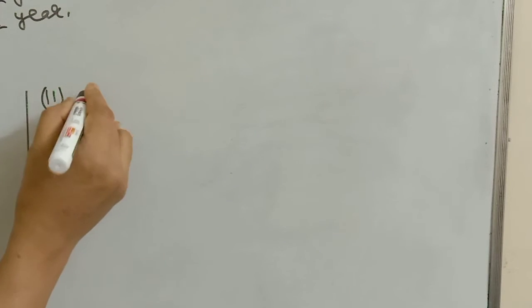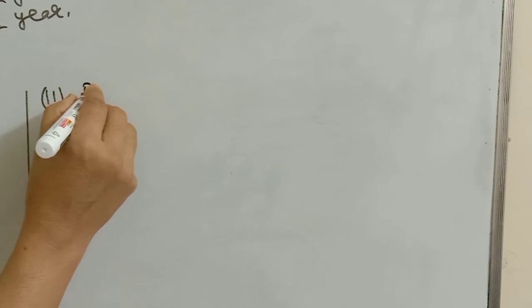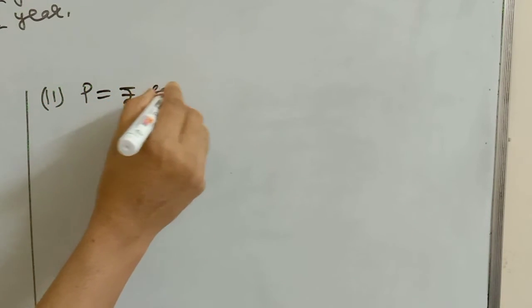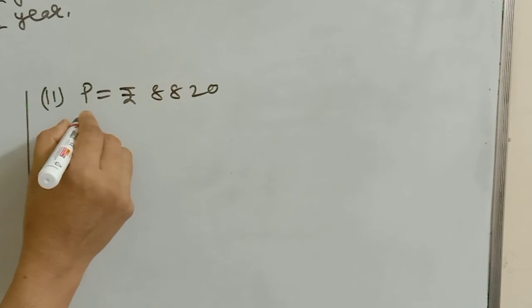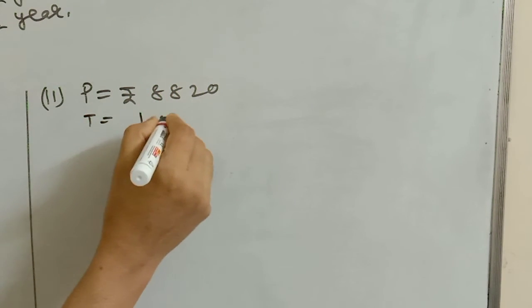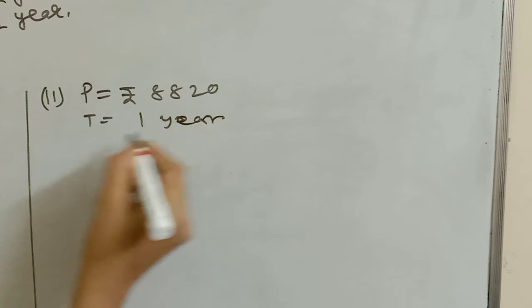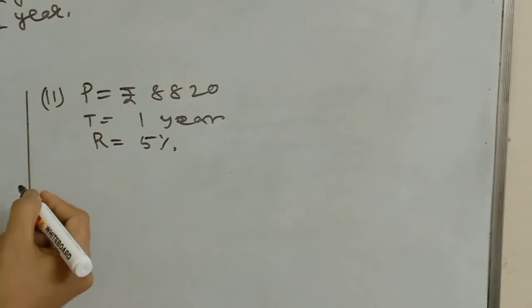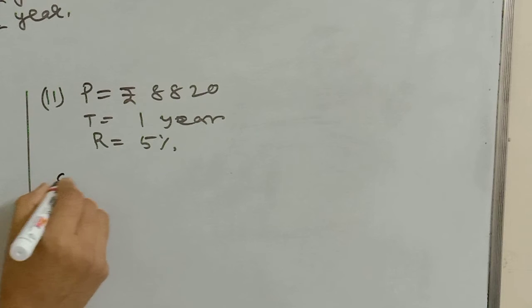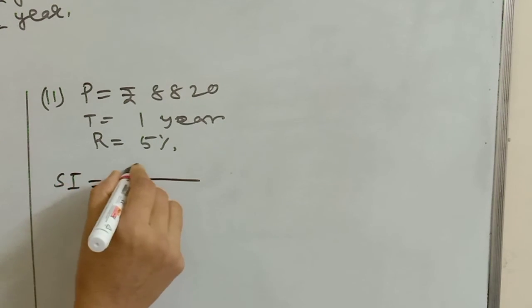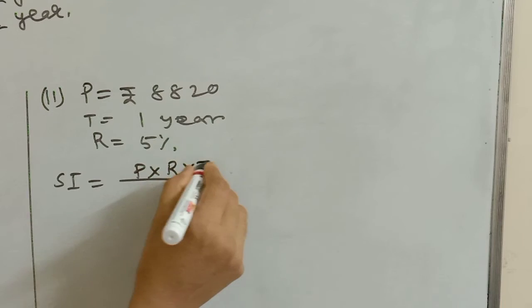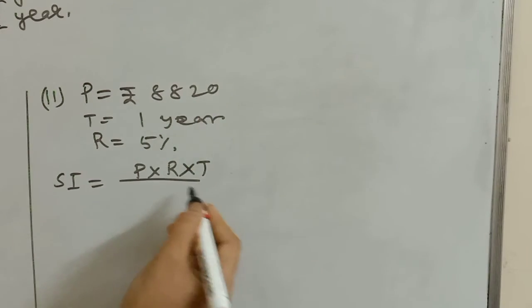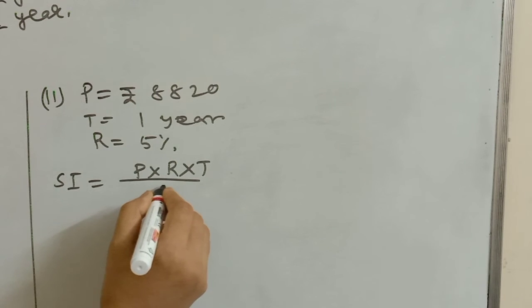That means after second year, the amount, you know that in compound interest the amount we use as a principal for the third year. So principal for the third year is rupees 8,820. Time for the third year, that means only 1 year, and rate percent is same. So you have to find the interest only. So you can find it by simple interest also. SI is equal to P into R into T by 100.